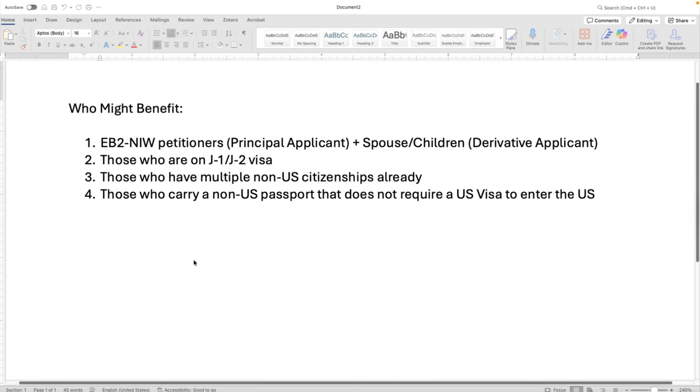Hello everyone. So today I'm going to show you how to fill out form I-485 for EB2-NIW. Before I begin, I thought to mention a few points. So the way I would fill this application would benefit some group of applicants, especially who are, as I mentioned